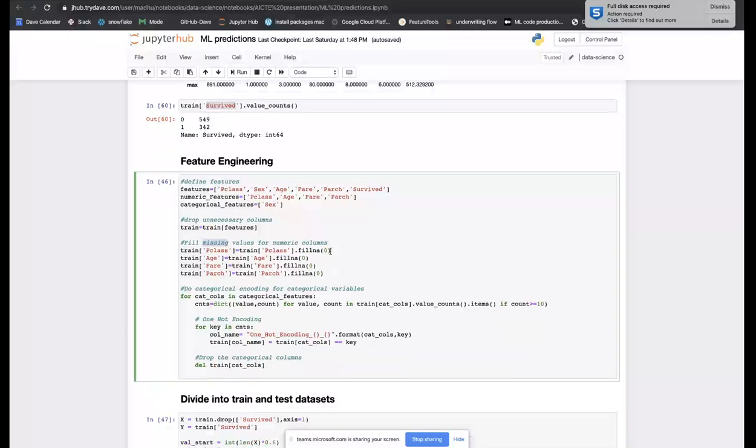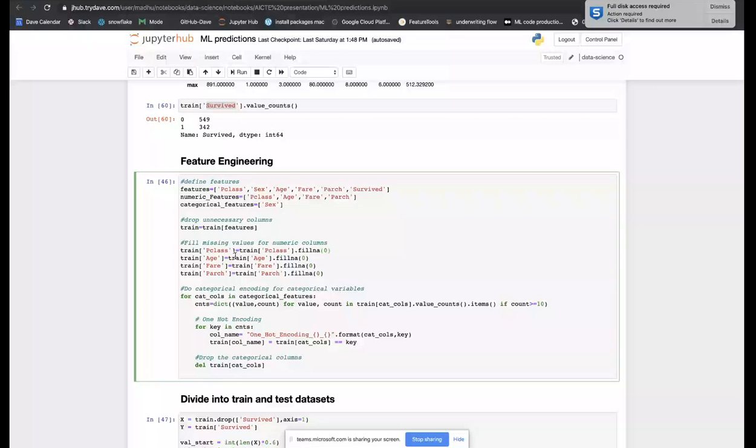But this is not the right way it should be handled, because in production, when you get some data, you cannot be doing all these things manually. You're getting a request for a prediction, and you need to define that this particular feature should be filled with a 0, this particular feature should be filled with a 1, and all of those things. So when it comes to productionizable code,